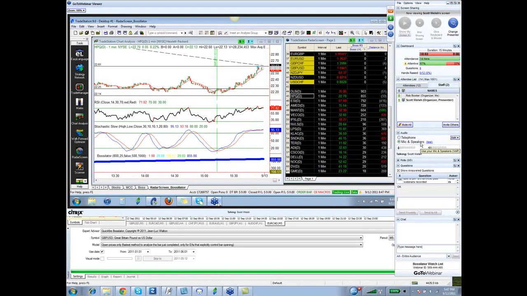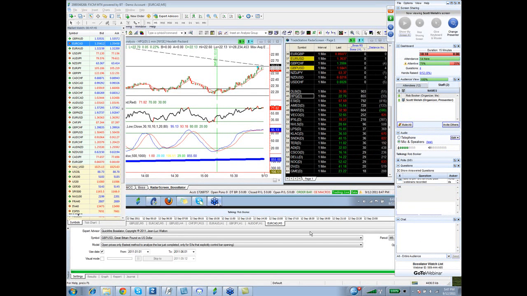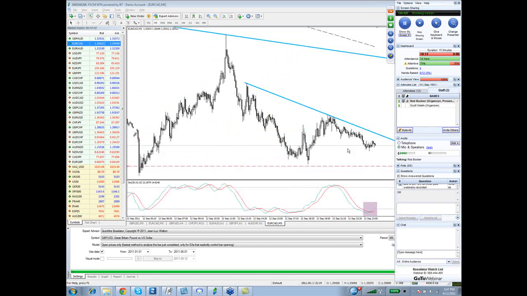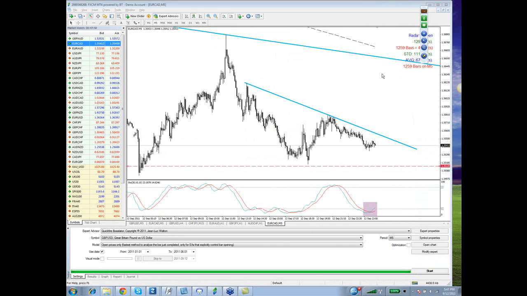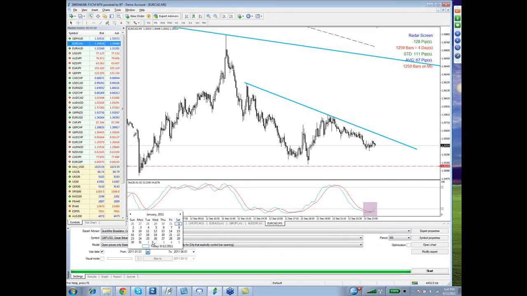And you still had Scott's screen, so let's switch over to me as the presenter. The recorded version will have shown my screen, but let's just show my screen right now. You can see here at the bottom of my MetaTrader screen, you can see the Expert Advisor Strategy Tester window, and we'll just maybe run a test for a short period of time here.